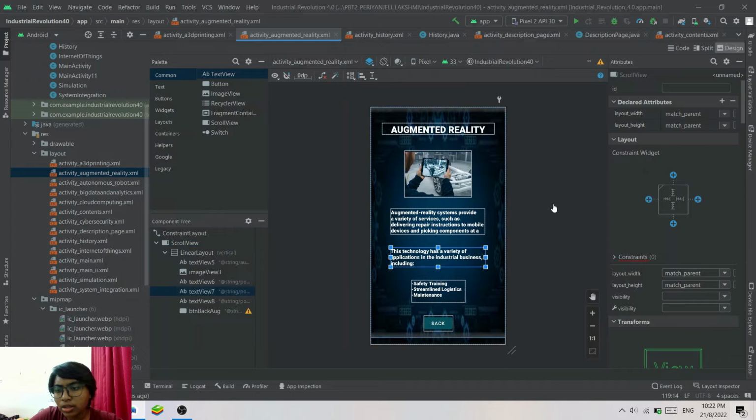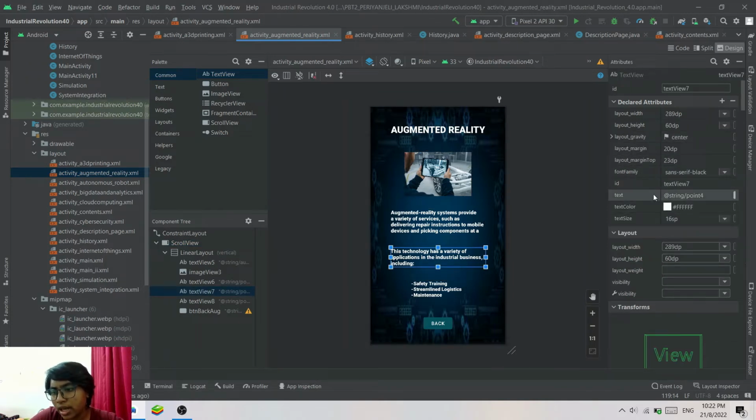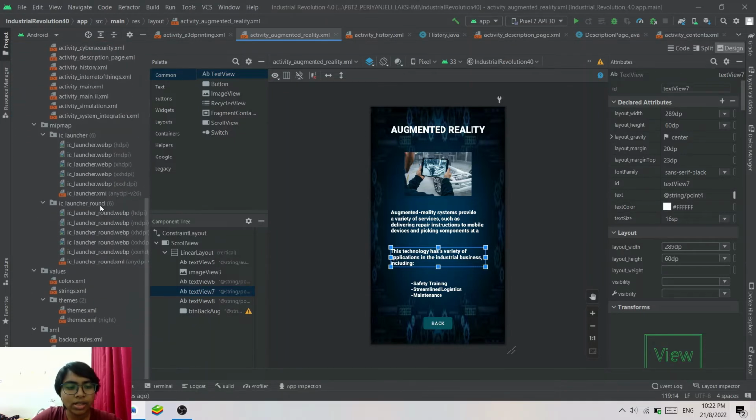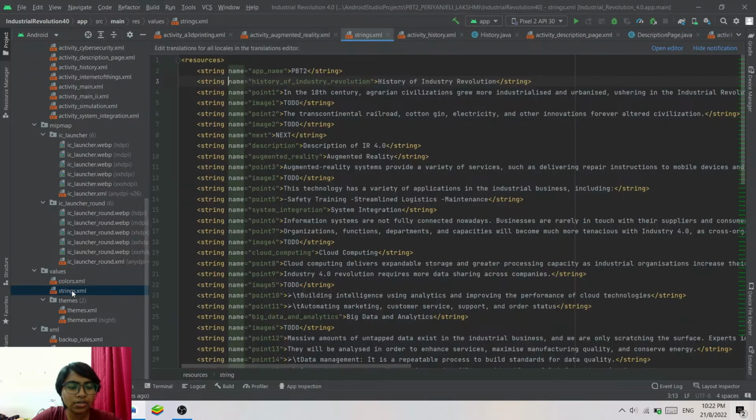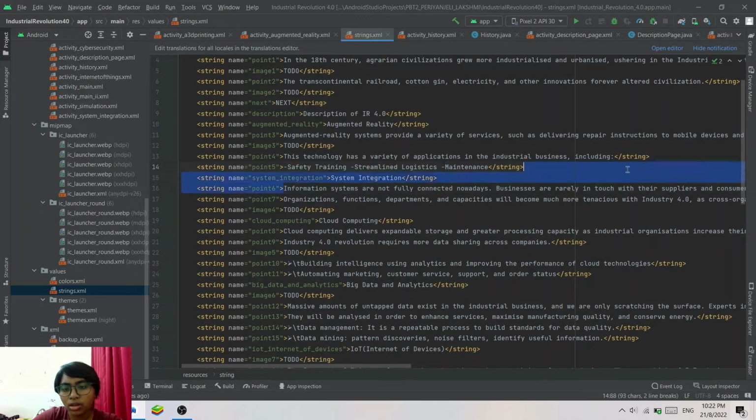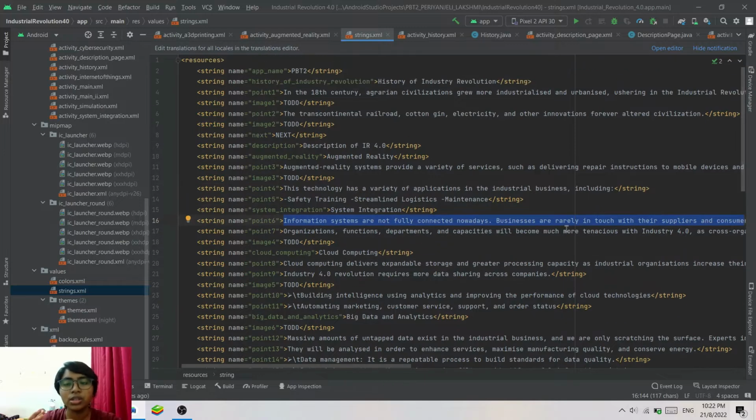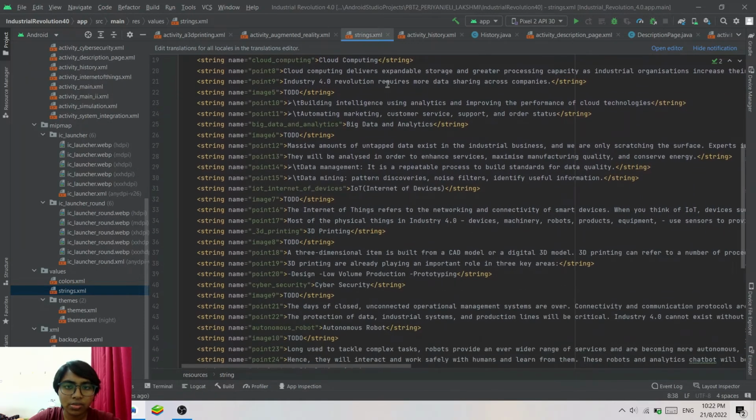And one thing to notice is we did declare the text as string point4. The string point4 actually refers to this values string file, in which we did declare all the strings or text that we want to input in the interfaces. We made it this way because when the texts are too long, it will be a hassle for the programmer or the person who does the project to type everything inside one part, and if they want to change it. So to make it easier for us, we did it like this: